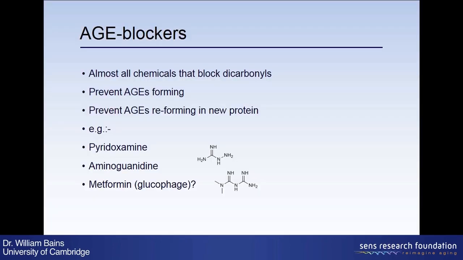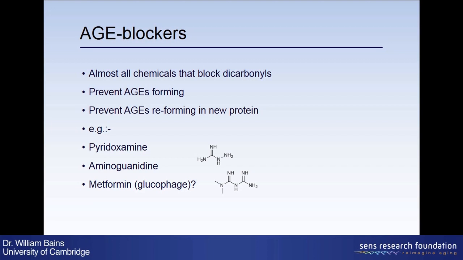So, stopping things forming, there are several good reviews on this, which I mentioned in the reference list, so I'm not going to talk about this a lot. In principle, you can eat something or inject something that'll block any of those reaction intermediates from the sugars and proteins all the way through to advanced glycation end products. And hence, if you stop AGEs forming, then they won't accumulate.